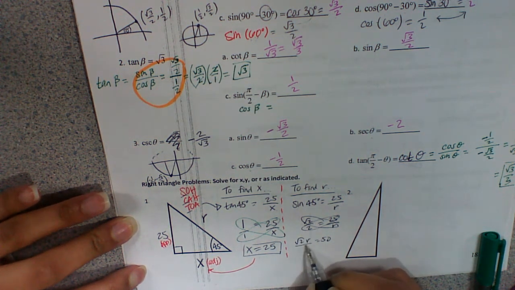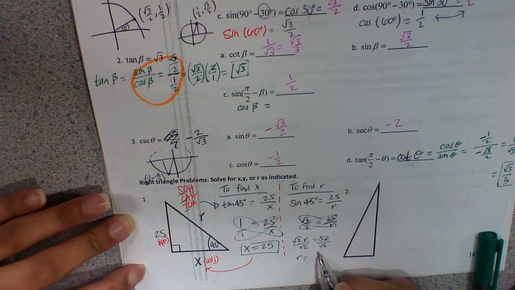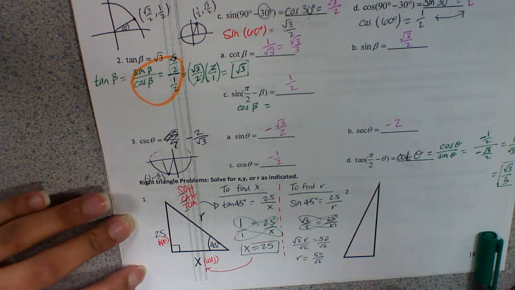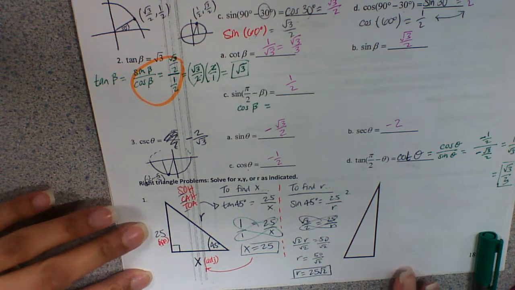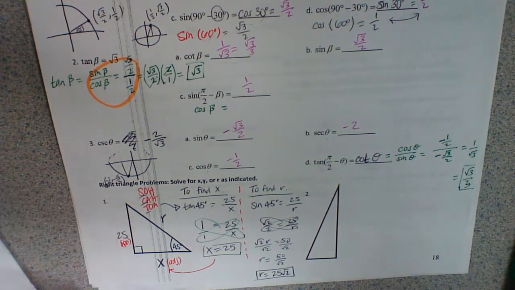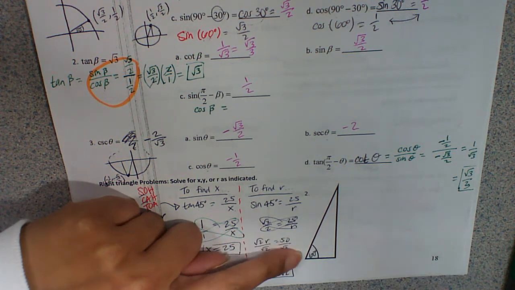Now solve for r, so I'm going to divide by square root of 2, divide by square root of 2, and that gives me r equals 50 over square root of 2, and after I rationalize, I will find it to be 25 root 2. So there's that. To get some more practice, try number 2 yourself. If I call this angle right here 60 degrees,